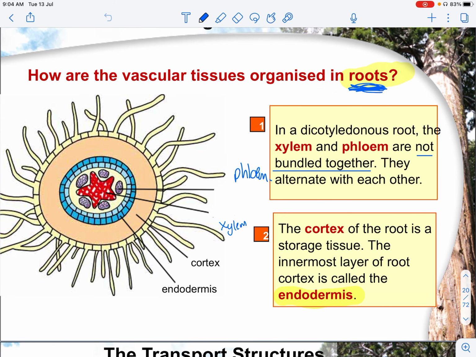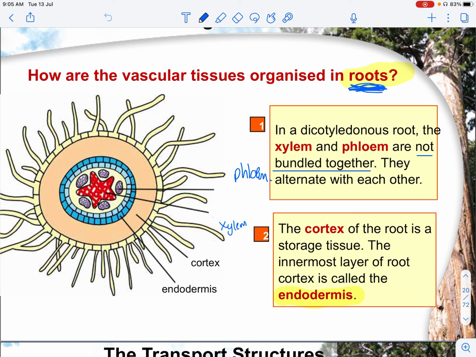Next, we look at the vascular tissues organized in roots. In the dicotyledon roots, there is the xylem and phloem, but they are not bundled together. They are separate structures. From the red colored item, you could see that that is the area where the xylem is, whereas the one in purple is the phloem. So how I remember is X marks the spot for xylem because xylem starts with an X, and therefore the phloem is the one within the roots that obtains the sugar